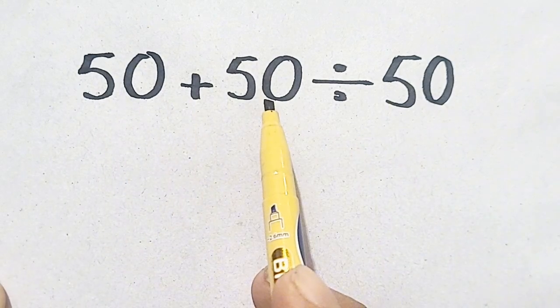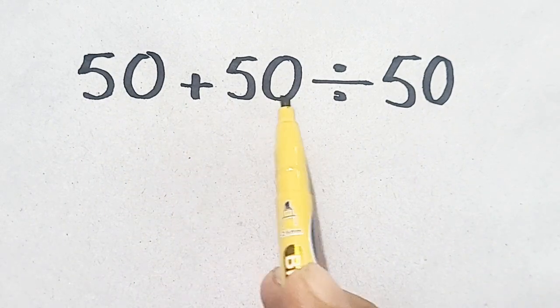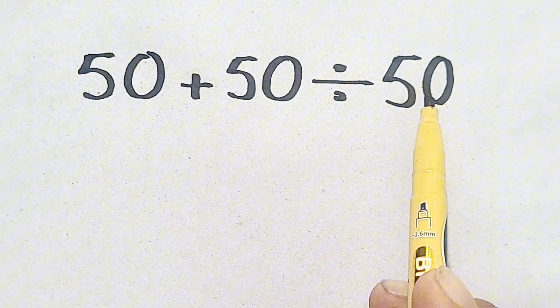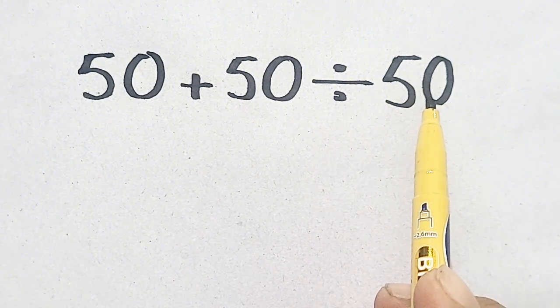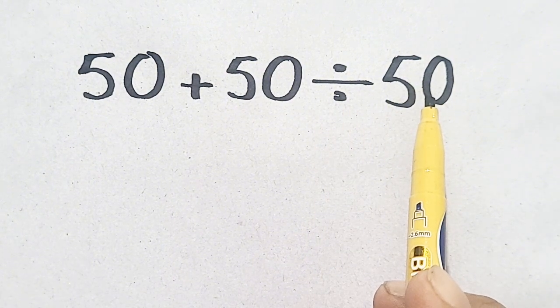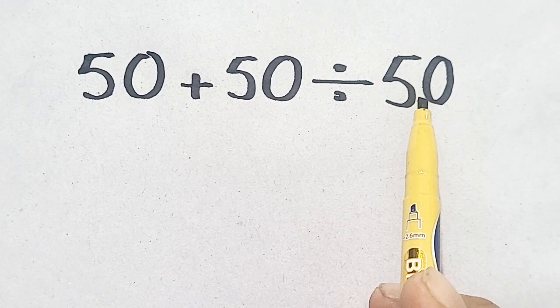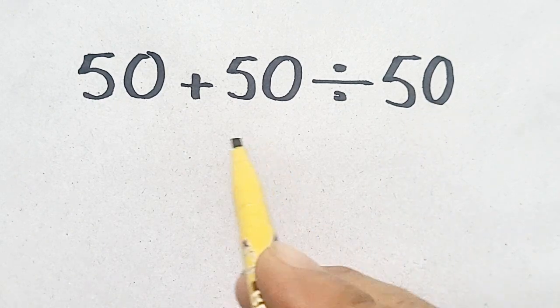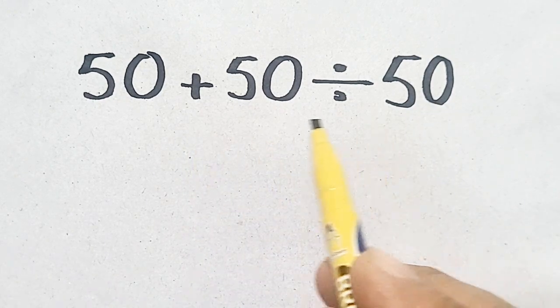50 plus 50 divided by 50. 50 plus 50 is 100, and 100 divided by 50 is equal to 2. So 2 will be our answer, but this is not our correct answer, because we have not followed the order